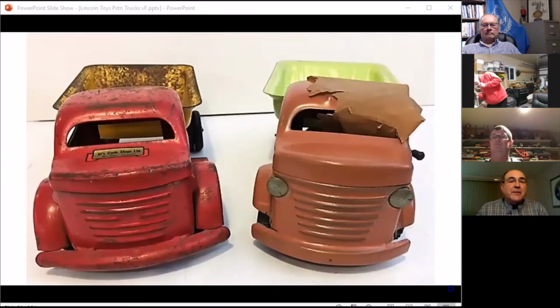My comments will be brief here. This is an L's Cycle Shop truck, the one in the red color. The one on the right is a tan brownish color. That's an Elwood. And I will ask Bruce for a number of details on these two trucks. Bruce? Okay, well, of course, the biggest one, the one on the right, which is the brown truck, has headlights